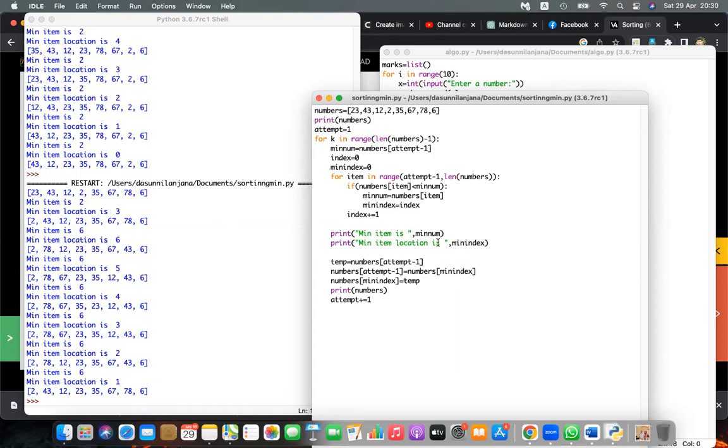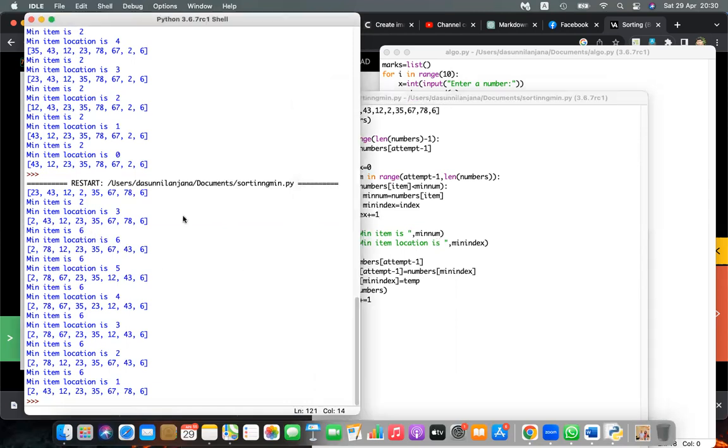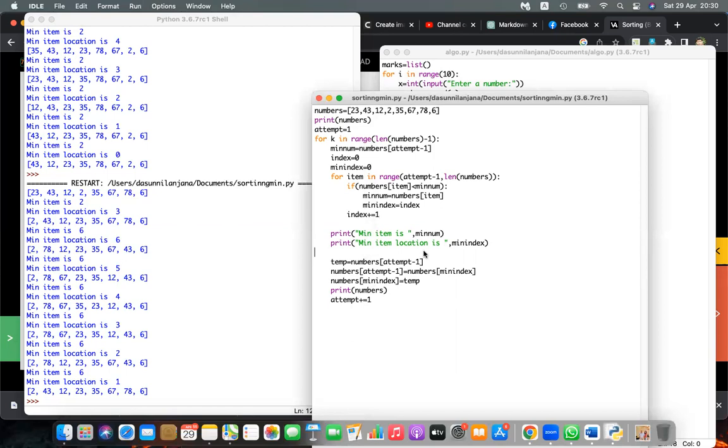Is it discovering the minimum number? That is my question. 6 is discovered. Okay, second round 6 is discovered. That is done. First round 2 is discovered. Second round 6 is discovered. I'm happy with that. First round, Harini, in the first round 2 was found. Second round,